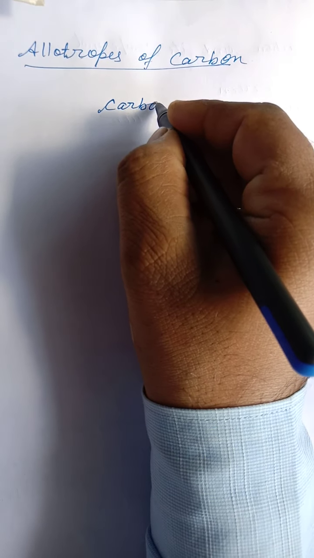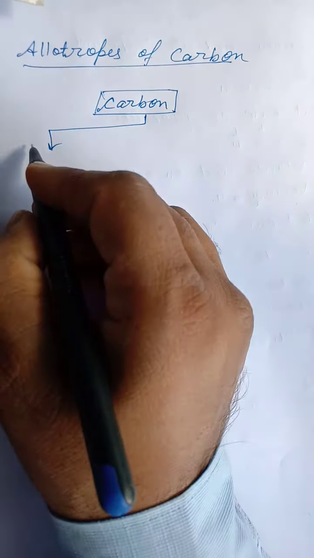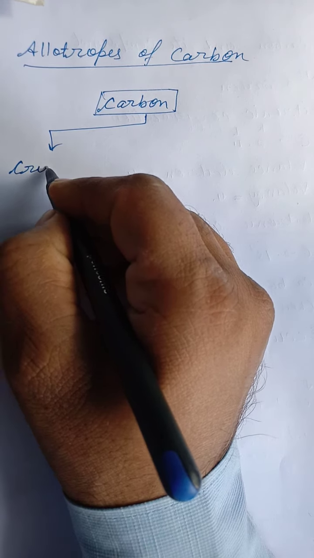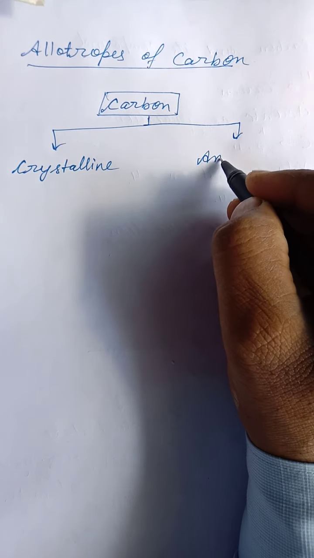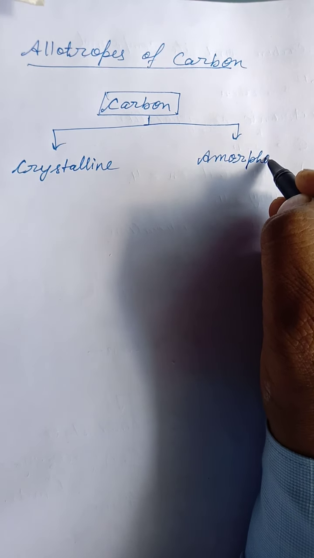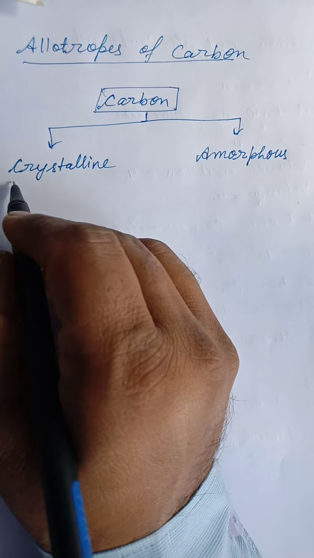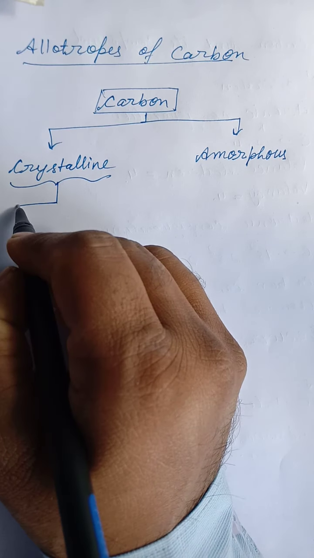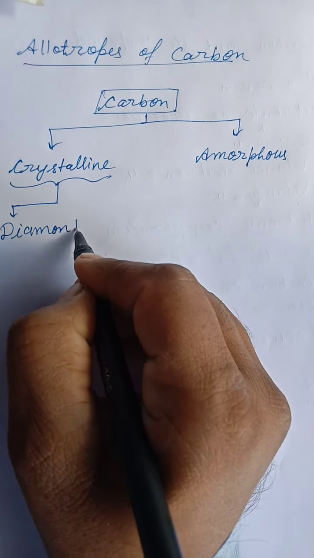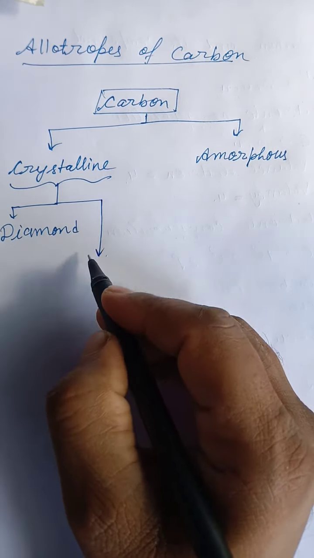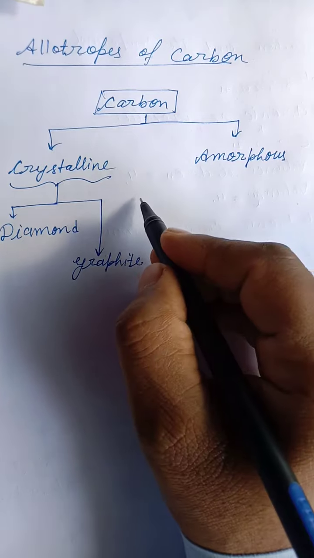Now this carbon can be crystalline, can be amorphous. In the crystalline form it can be diamond, can be graphite, can be